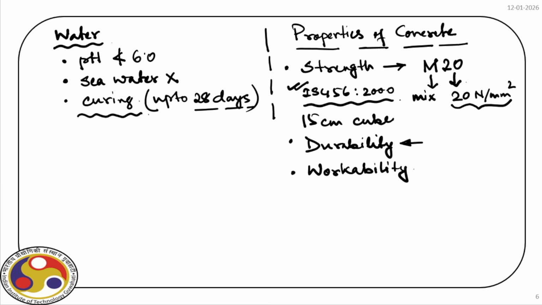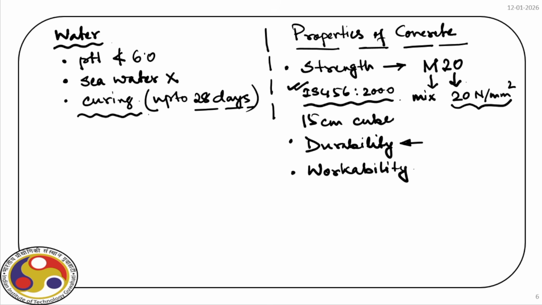Now, what is workability? When we first prepare concrete by mixing water with cement and aggregates, it's a flowing mass. That flow characteristic helps us to handle the concrete, mix it properly, then transport it from the batching plant to the site where we have the formwork. Then we place the concrete and then we compact it. All this process is normally carried out within that initial phase I told you at the very beginning. And during this period, this workability property is so important.